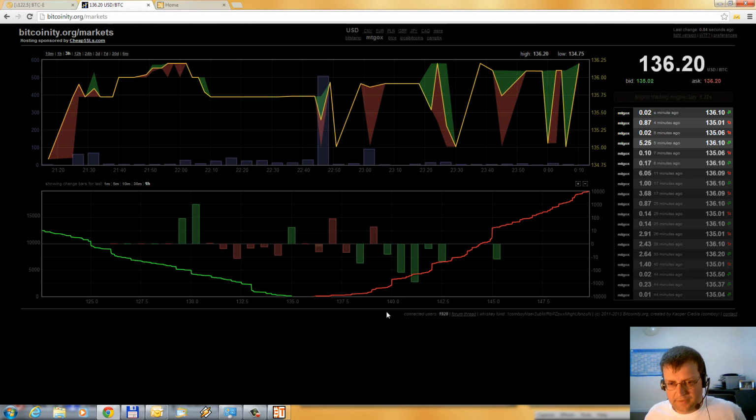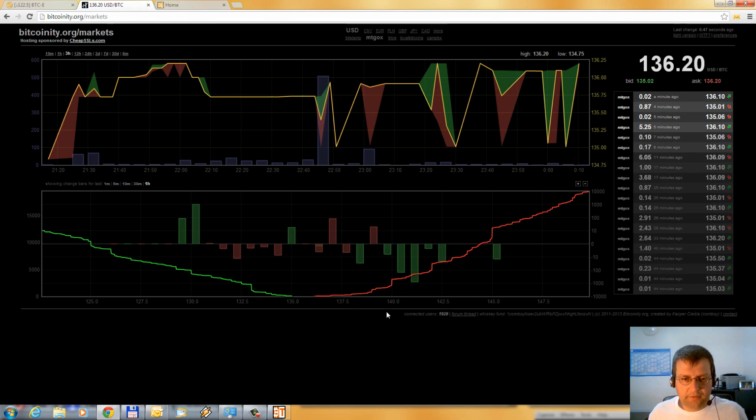But anyway, at the moment, both curves are flat, and this usually means that the price will do some bouncing between 135 and 136 USD, and as you can see in the diagram above, the price already did several of these bounces up and down and up and down. Okay,